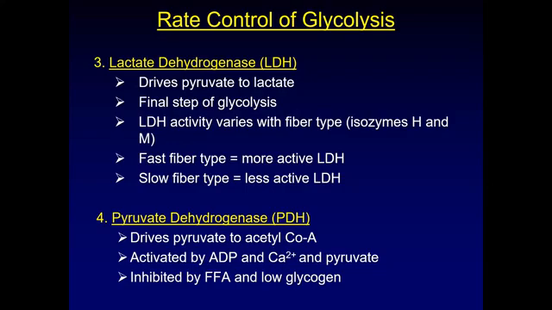They actually, and you don't have to know this, I'm not going to ask you a question. If we look at the LDH, it's like a dimer or a heteromer or whatever it is, but it has these little isozymes. The H stands for heart and the M stands for muscle. The ones that are in type 1 fibers have two versions of the heart isozyme. They're very much not active. And the type 2s have two versions of the muscle, which makes them